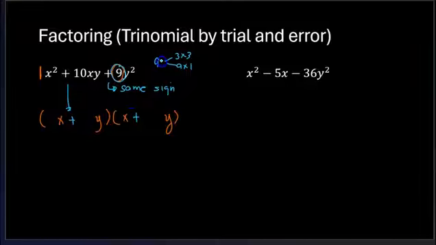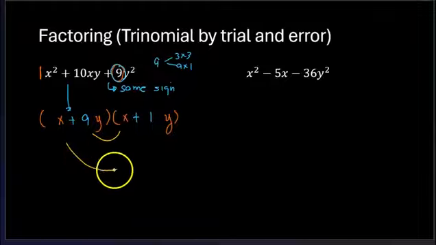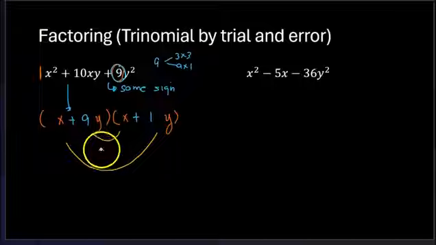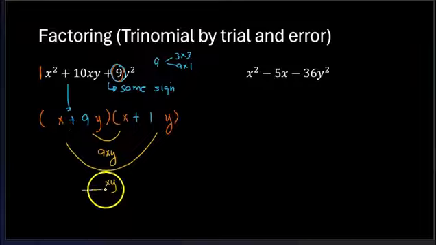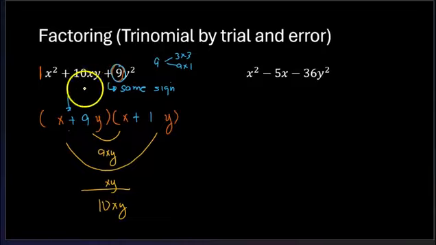Okay, now I will try the factors of 9. Okay, let's just say I tried 3 and 3. But of course, that's not correct, because if that's the case, then it would be square of a binomial, right? Okay, so I'll try 9 and 1. Okay, how do I check? I just do this inner and outer of FOIL. Okay, so 9xy. Then if I multiply the outer, it's x and y. So if I simplify, it's 10xy, which is what we want. Okay, so this one is fixed.